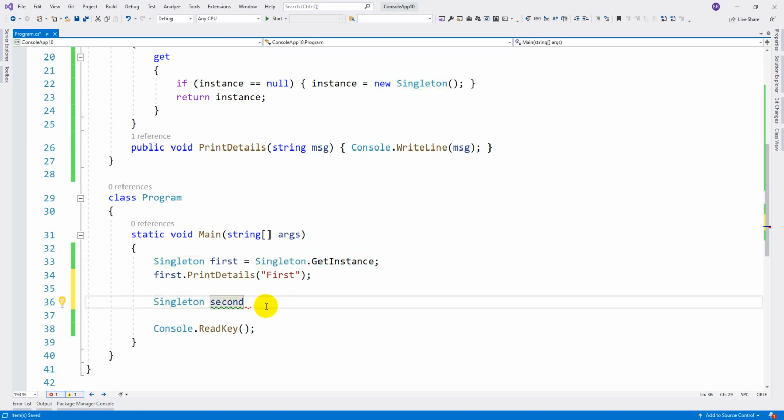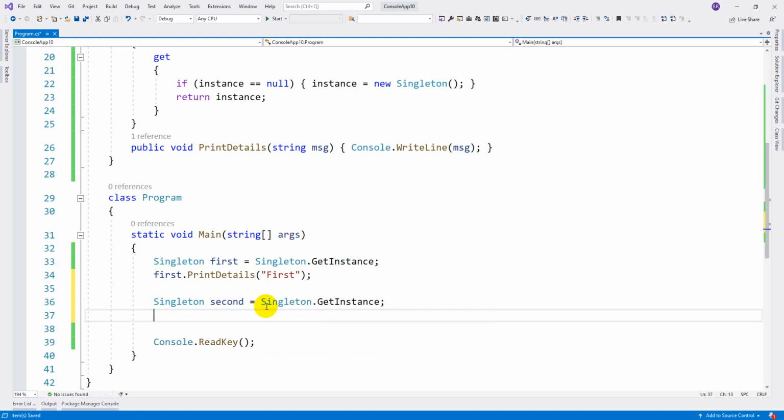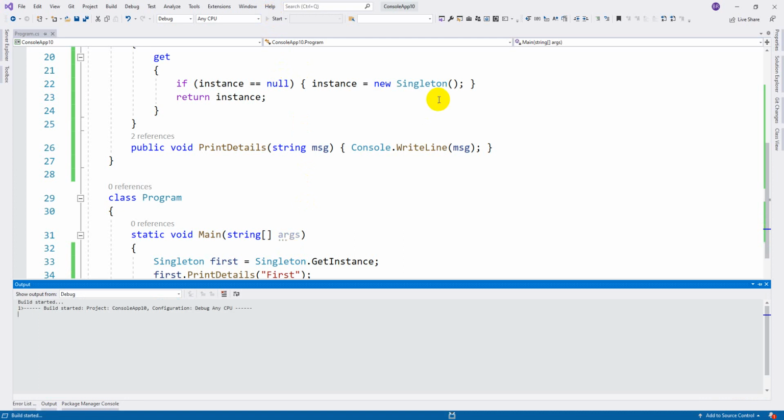Even with this second instance, the system is not going to allocate one more object. Whichever object is available, with the same object you are trying to work. So here you will write second dot print details of second. Now let me execute and show you the output.